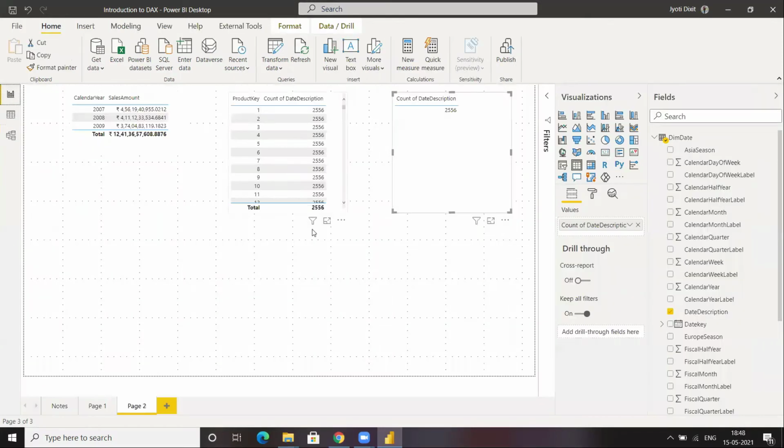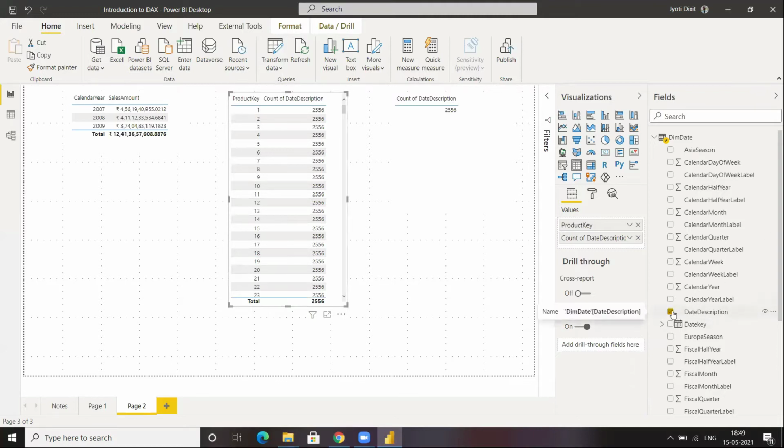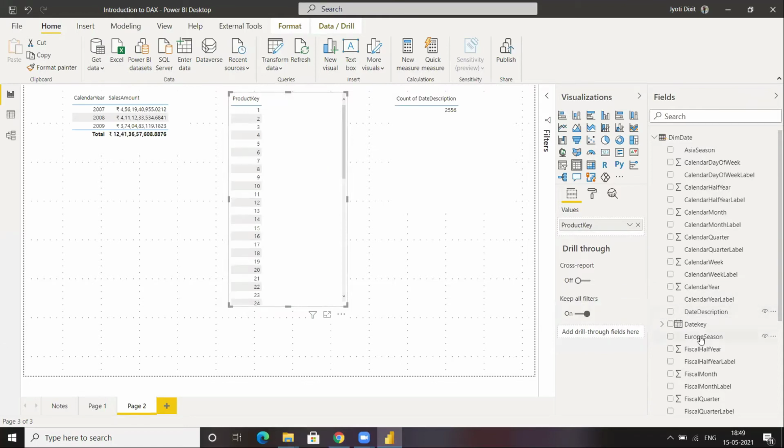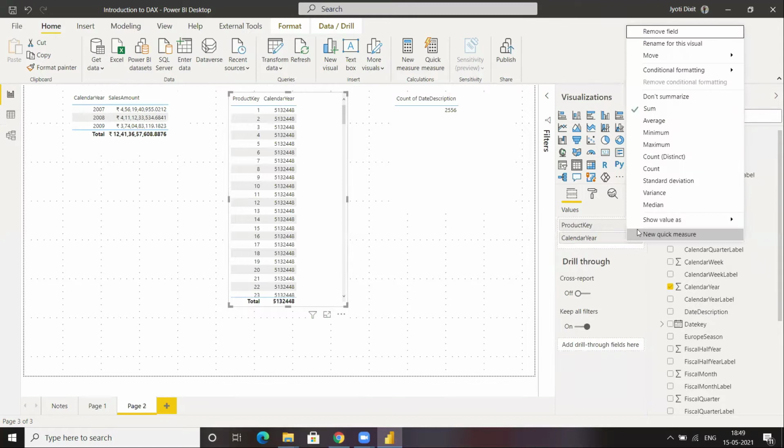Because if I try to do so, I will be having such a visual. So yeah, Jyoti, we selected count of date description, but when we were not doing that, then we were getting the dates, right? So okay, what does that mean? Yeah, I can just show it to you once again. It was not actually that thing. I did this in order to avoid confusion, but I can bring it over here for you once again.